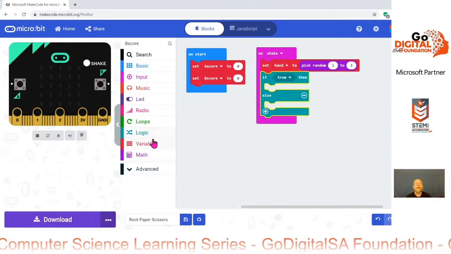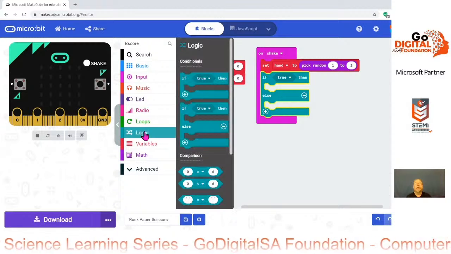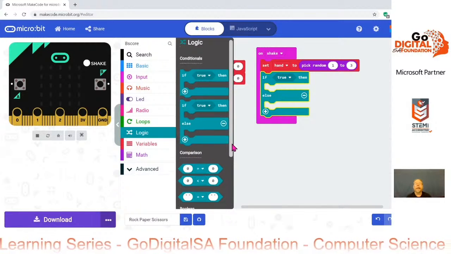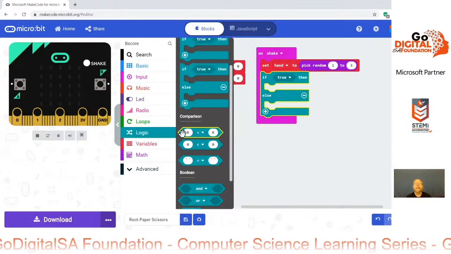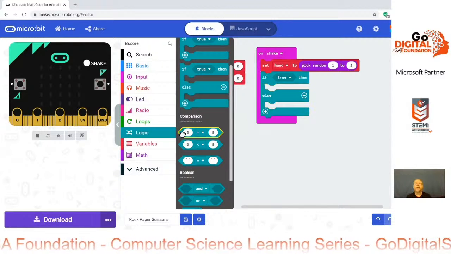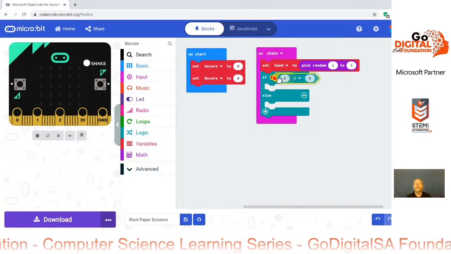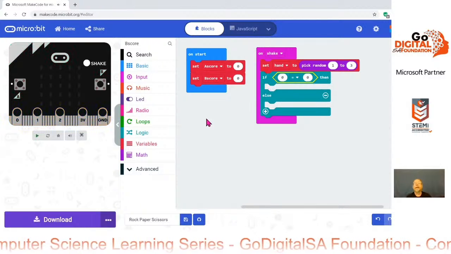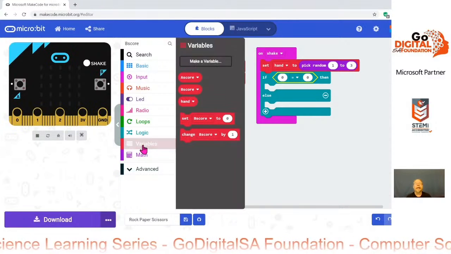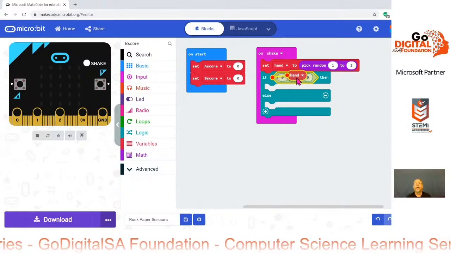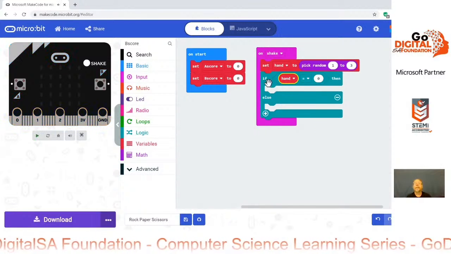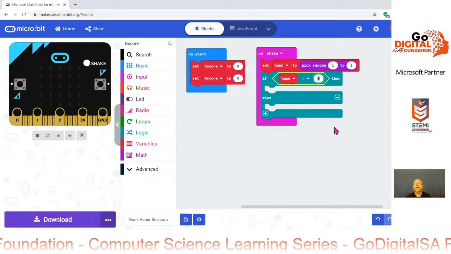Okay, so we have to go to our logic and we're going to compare 2 numbers. So here we've got something that compares 2 numbers. So we'll put that in here. And so we want the first number is hand. So we'll pick hand from variables, put it in here. So if hand is equal to 1,